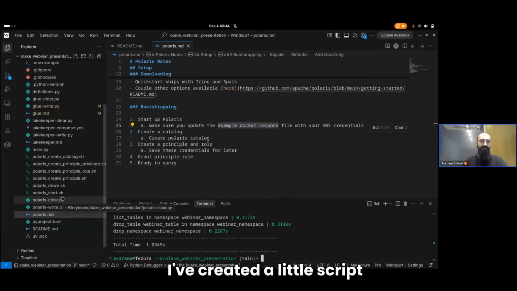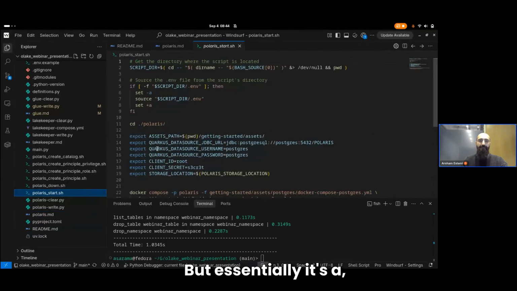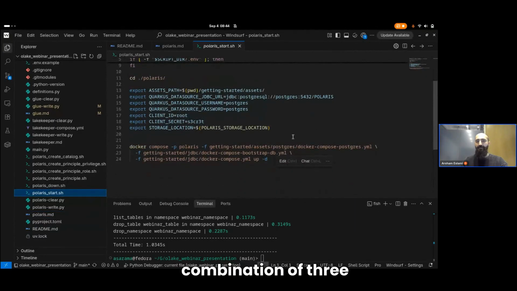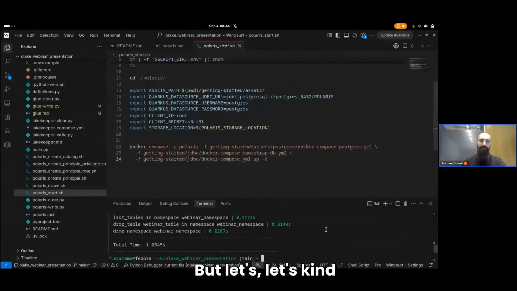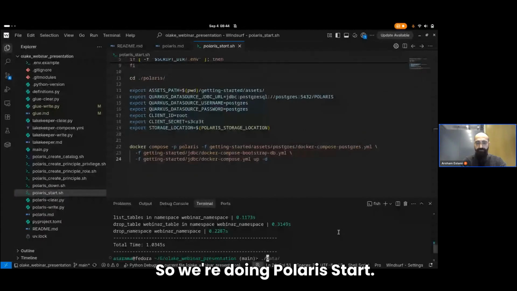I've created a little script that does it for me. Essentially, it's a combination of three different Docker files that use a Postgres backend to get things going. Let's see if we can get this going. So we're doing Polaris start.